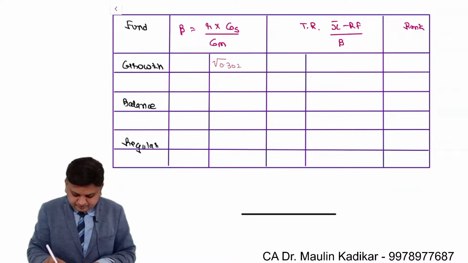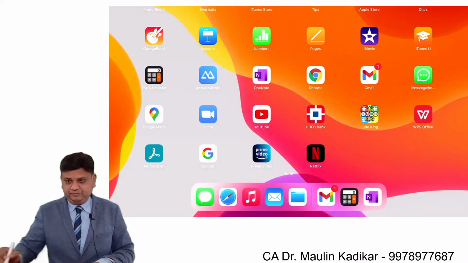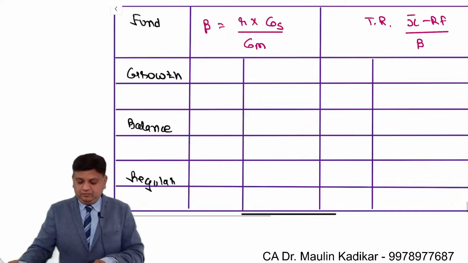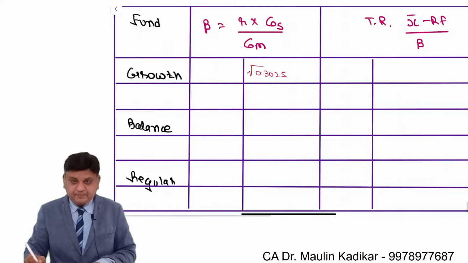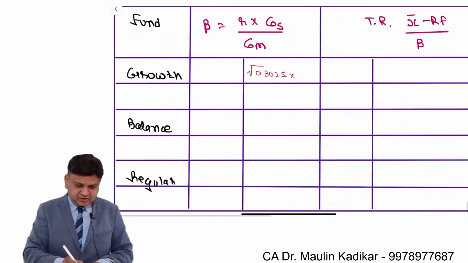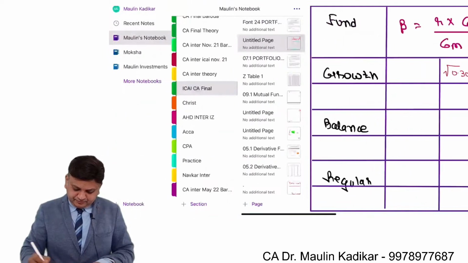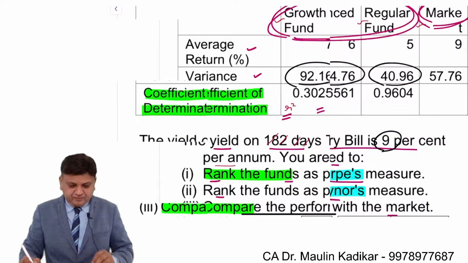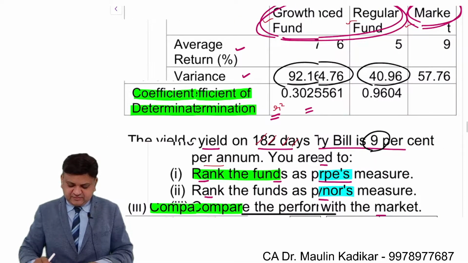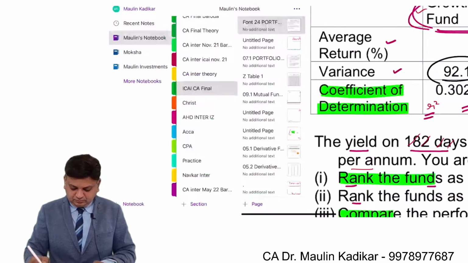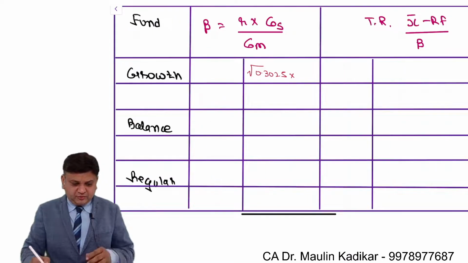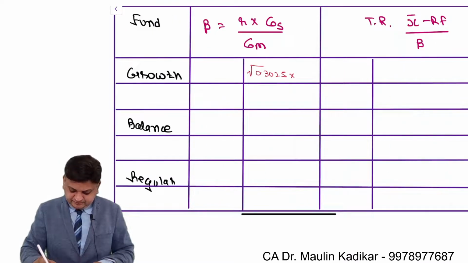0.3025, into the standard deviation of the security. We can see that the variance of the security is given to us in the question. Variance of the security is given to us as 92.16. So it is the square root of 92.16